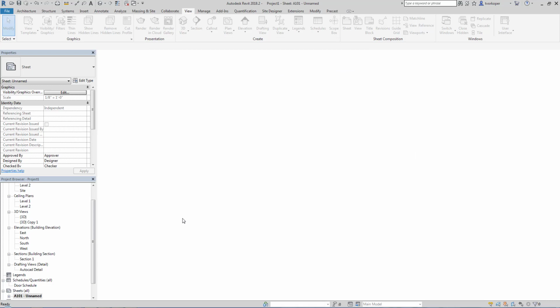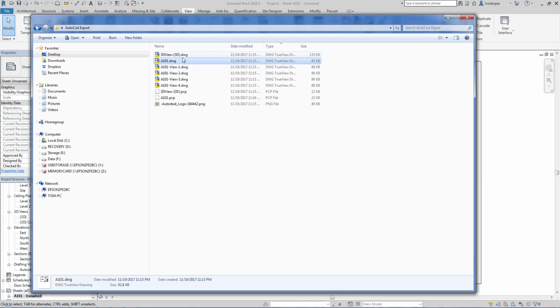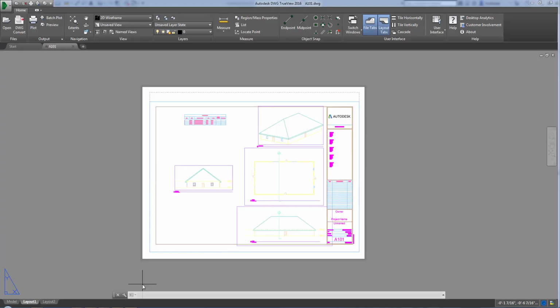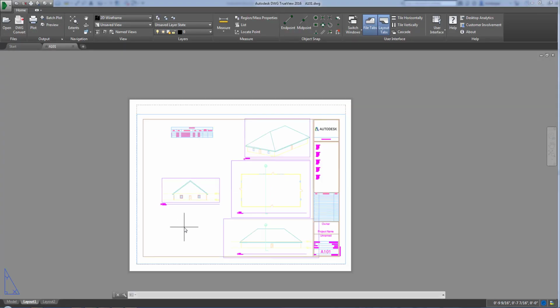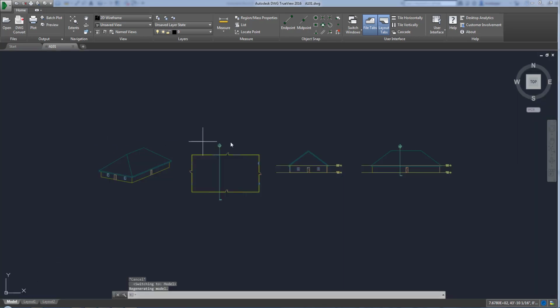It'll think for a while, and let's take a look at the difference. So now that Revit's done, we can go back to that folder. We can see that there's quite a few files, that AutoCAD files that Revit has created. And if we open up the A101 drawing, we can see that it has the 4 drawings and the door schedule, very similar to the last time we did it. But this time it created XREFs, and we can see that if we go to the model view, here they are lined up,